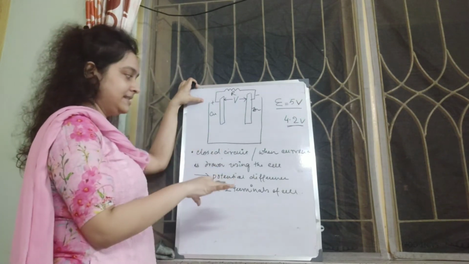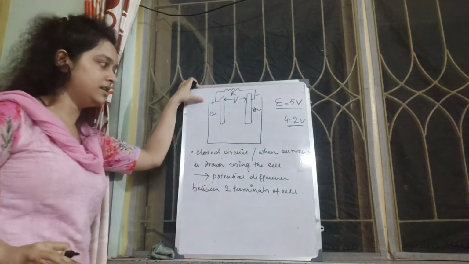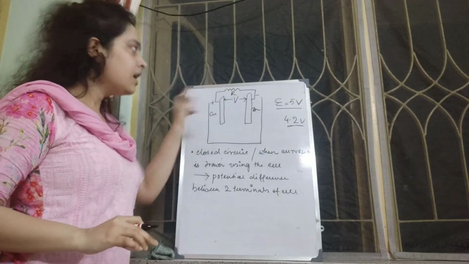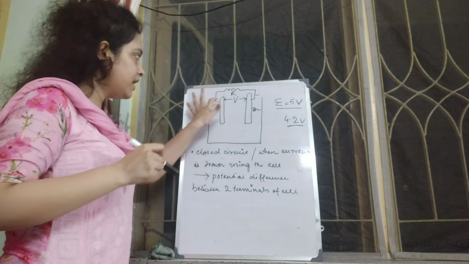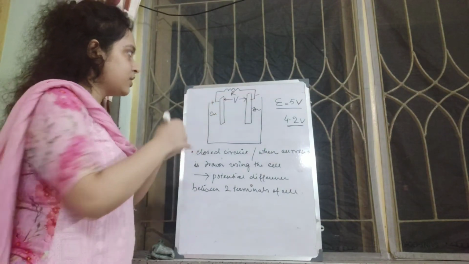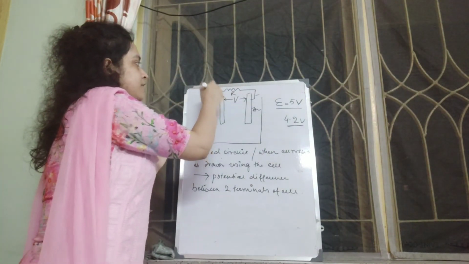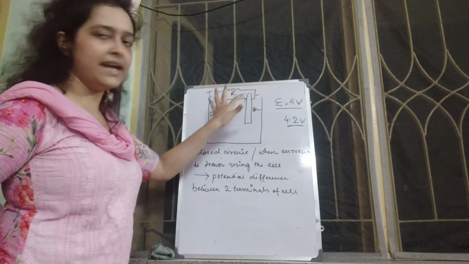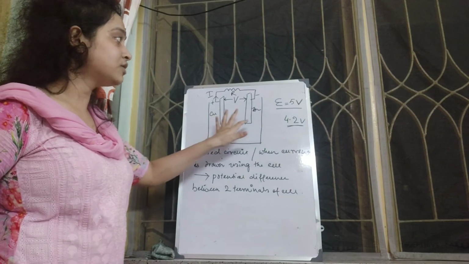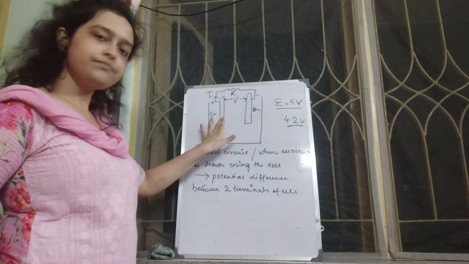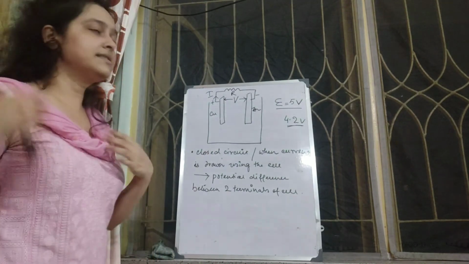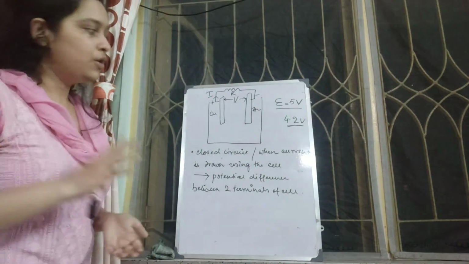In this case, that is the closed circuit condition, when I am actually drawing current with the help of this cell. How am I drawing current? I have attached an external resistance, so current will now start flowing. Where will current flow from? Positive terminal to negative terminal. You know this, right? Electrons will flow from this to this, and current from positive to negative. Obviously, because of the direction of flow of current.